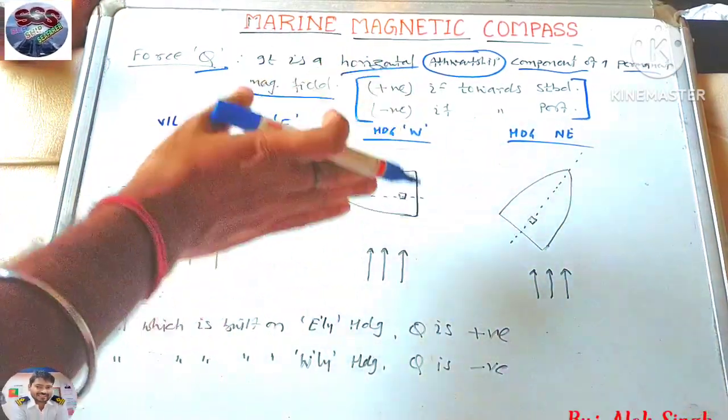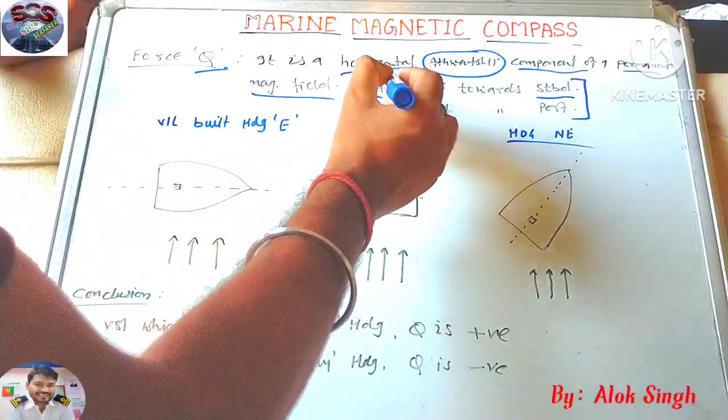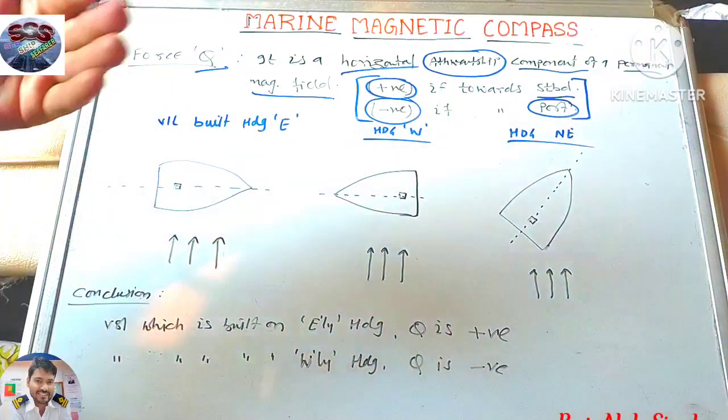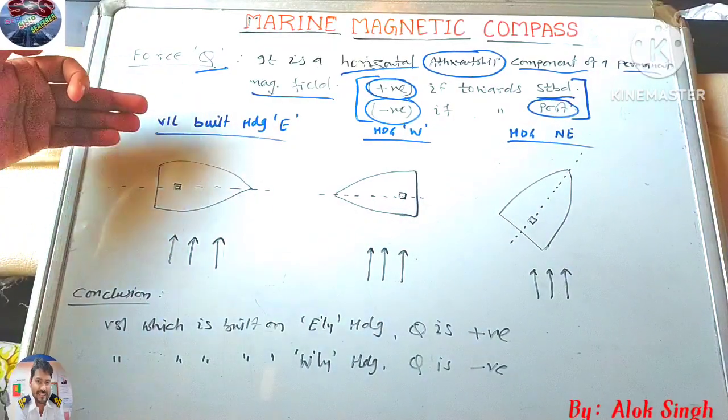This we have to consider if the force is on a starboard side. If it is on a starboard side, then that will be considered as positive. If it is on port side, we will consider it as a negative. So again, in the same way, how we understood the force P, the same way, suppose a vessel which is